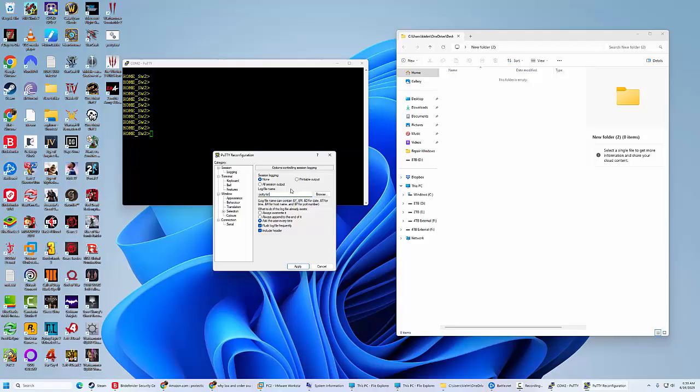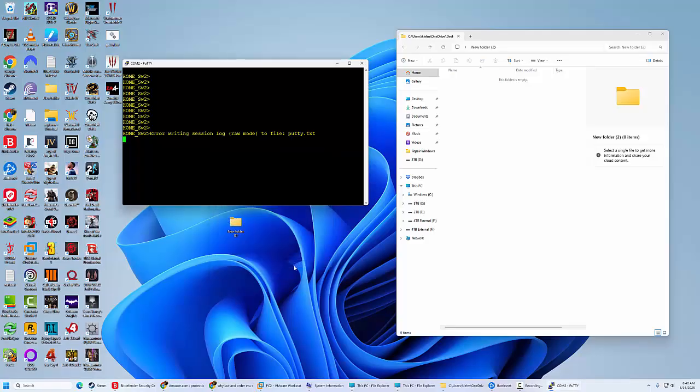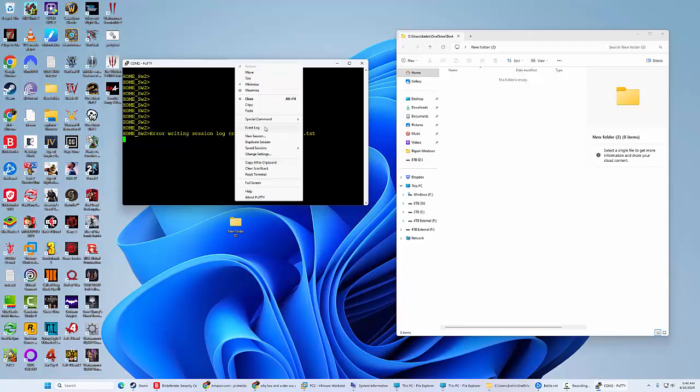All you're going to do is right-click on it and say open with Notepad. Okay, so we're going to do all session output, and I'm going to hit apply. Oh, well, excuse me.